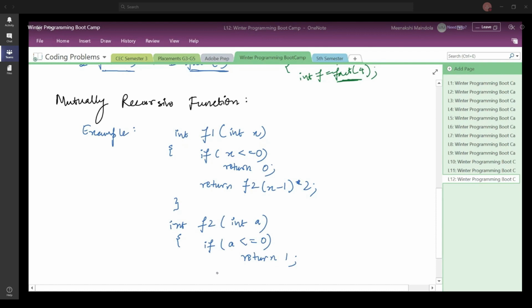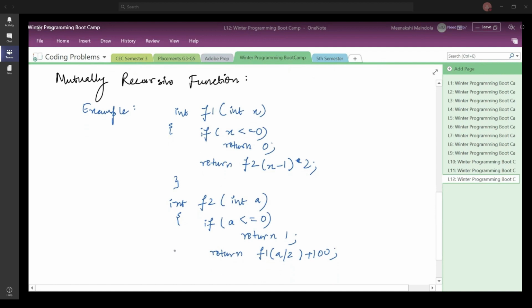Otherwise, you return f1 of a by 2, plus 100. These are the two different functions.